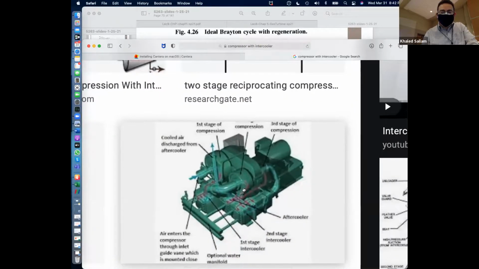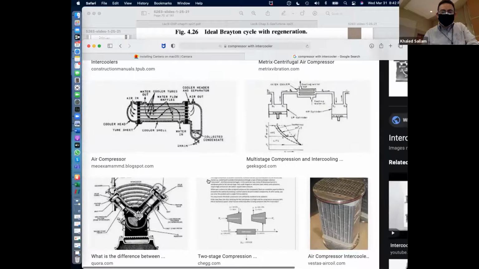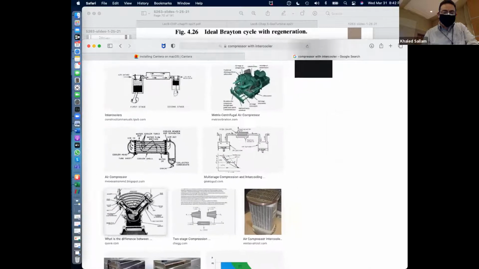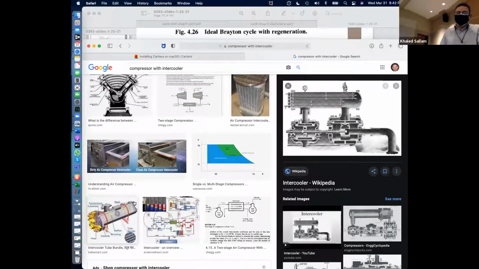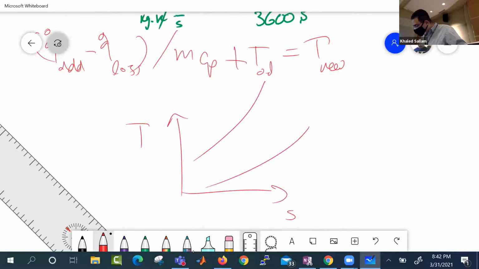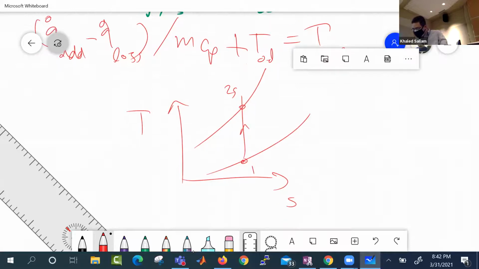And that intercooler sometimes is really big, and it takes a lot of area. But what is the benefit of those intercoolers? What's the benefit of this intercooler? So on the TS diagram, you're supposed to go like this, from 1 till 2, right? This is 2S, and the real one would actually be even a little bit hotter. You would be like this,